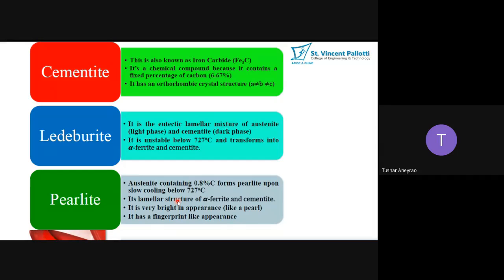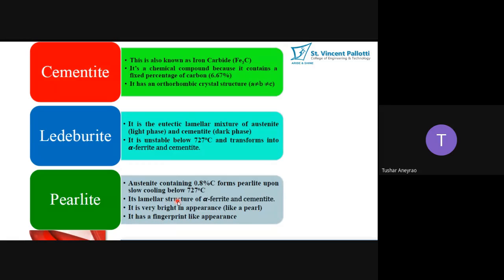Then ledeburite, it is different. Now in every slide some or other phases are getting added. Please don't get disturbed, right? You are going to learn and remember all these phases as soon as you see the diagram, and try to memorize that particular diagram. Then it is very easy for you to understand. Please don't get disturbed. Try to pay attention only. Okay, I'm there to help all of you.